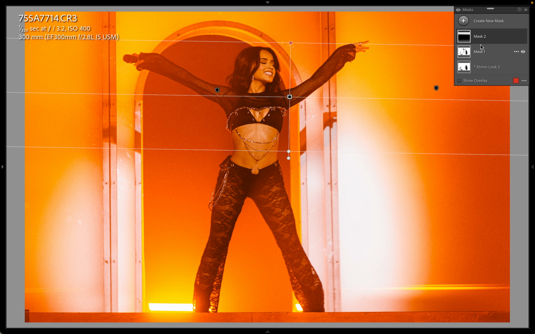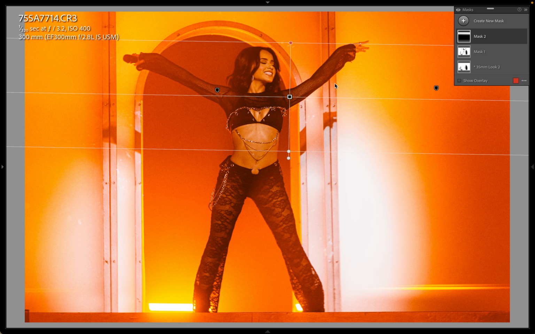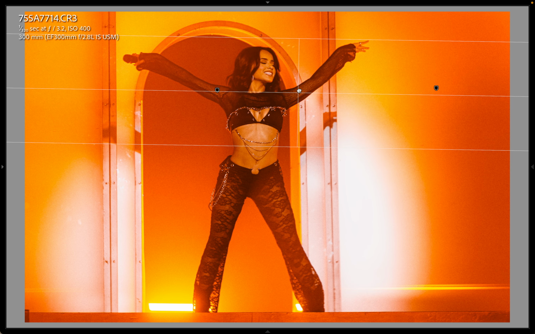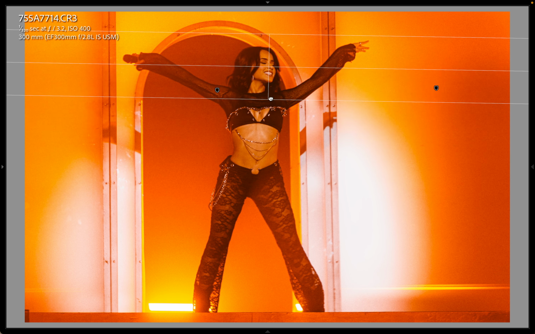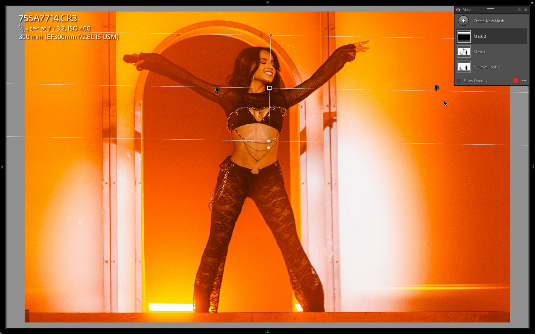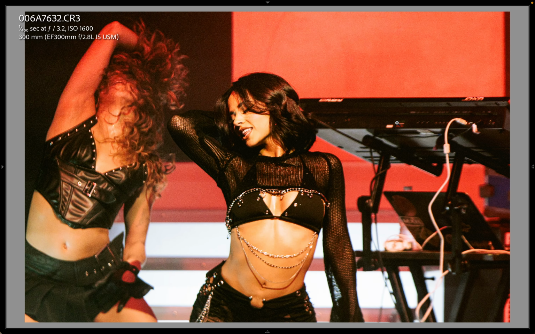So what I did to adjust for that was I put in an adjustment mask, a gradient here, and all it does is boost the exposure a little, and I brought it down to about chin level. And it's a gradient to make it not as harsh. You could do it like this, but the more you pull it down, the softer the effect will fade out. But I love that shot. It's a good pose. The golden light is a creative choice because it obviously doesn't match what the actual lighting looks like with the red, but I think it makes for a really nice aesthetic.